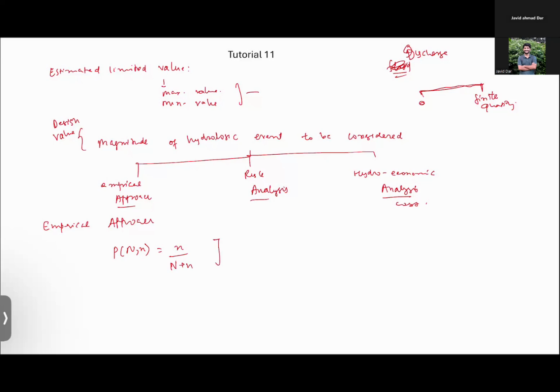So if I write it, this is the probability that the most extreme events of the past